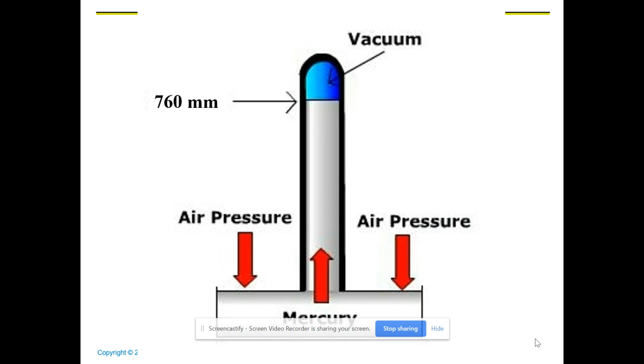Well, we can measure this pressure. We measure it using something called a barometer. A barometer is a very simple device. All it is, is a tube with a vacuum in it turned upside down in a liquid. You can use any liquid you want. But to standardize things and to make the tube short, we use the densest liquid, which is mercury. So at sea level, 14.7 pounds per square inch are pushing down on this mercury and forces it up the tube. It forces mercury up the tube 760 millimeters.